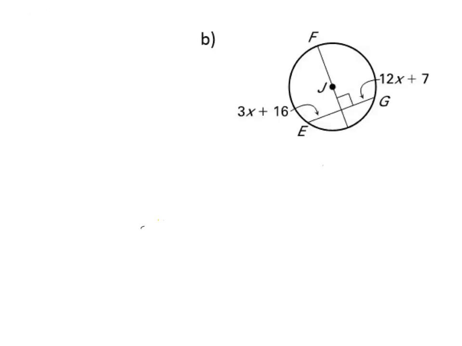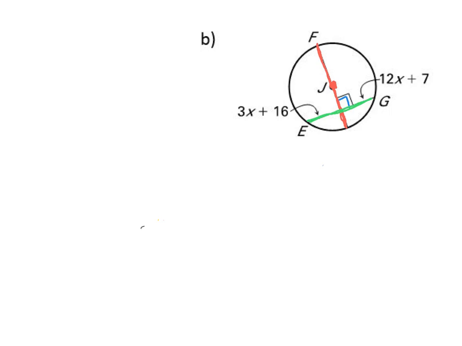For this next problem, I'm also trying to solve for x. Now the picture looks similar to the last one. They give me this segment, which is a diameter. It's going through the center of my circle, point J, and it is perpendicular to this chord that it's intersecting. So based on that, I know from earlier